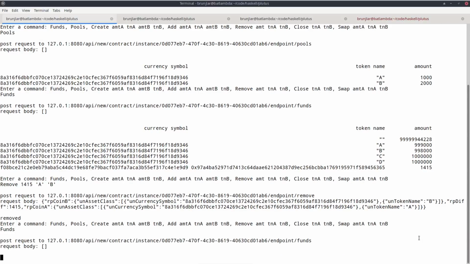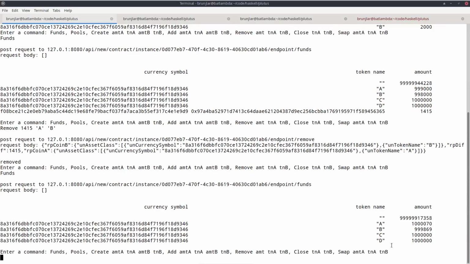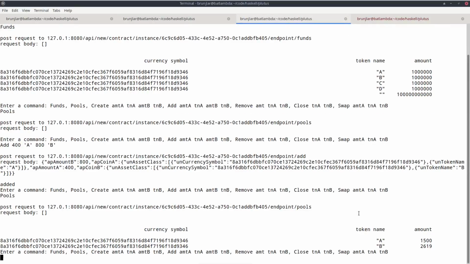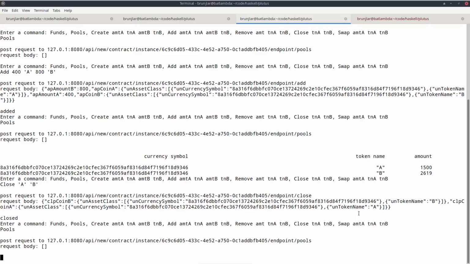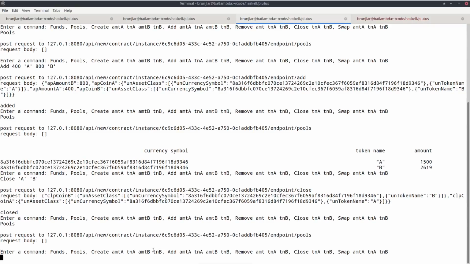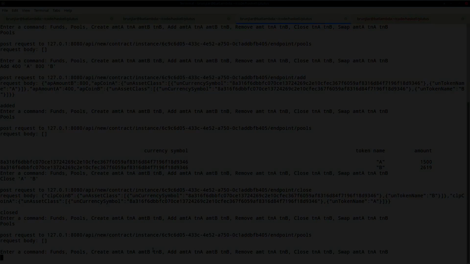And let's query her funds again. So now she doesn't have liquidity token anymore, but she got A's and B's back. So if we compare, it was 8,000 here, so now it's 9,869. So she got 1,869 B's and 1,070 A's. And I think the last step was that Charlie closes the pool. So let's switch to Charlie and let's say close A, B. And if now we look for pools, then again we don't get any. So it all seems to work.